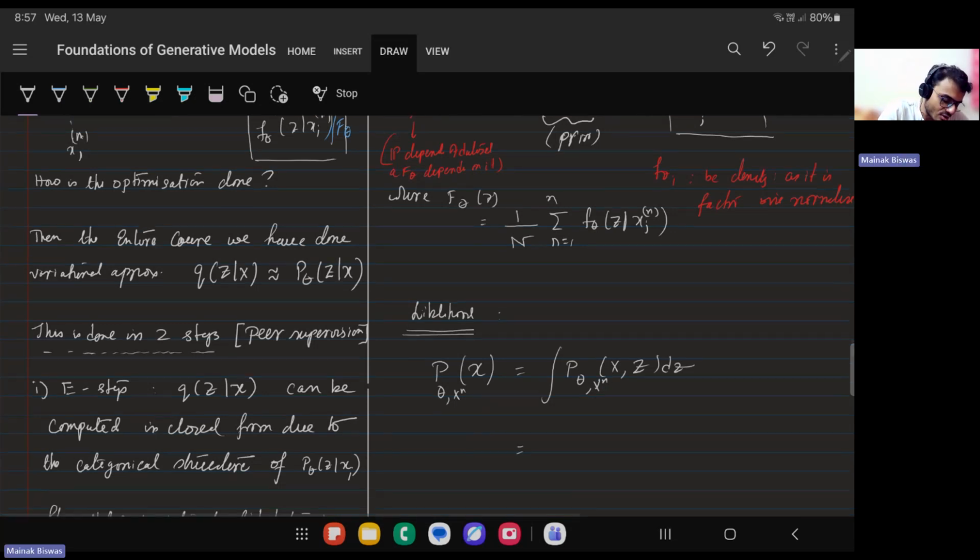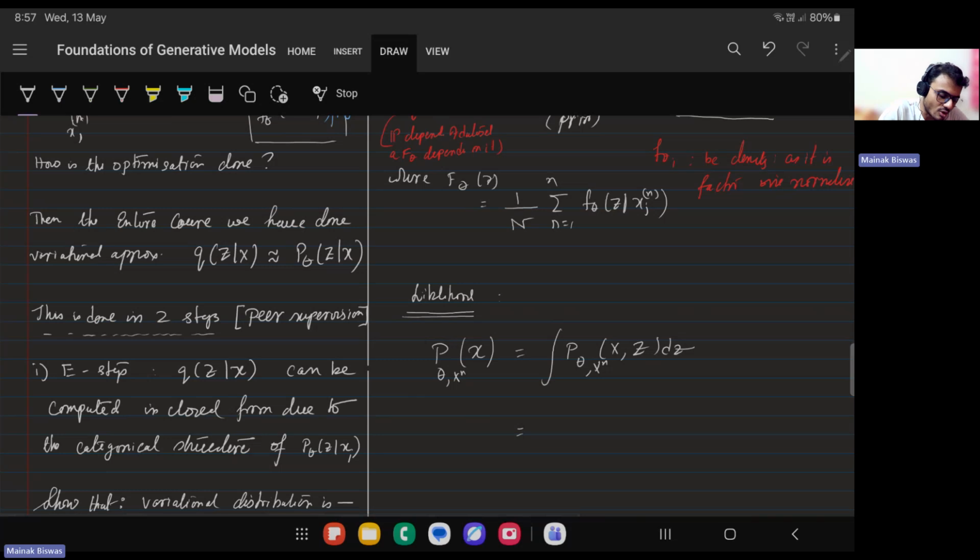And since z is categorical, you could also write this in this form. So this is p theta of z, pi of j equal to 1 to J, f theta of z given xj by capital F theta of